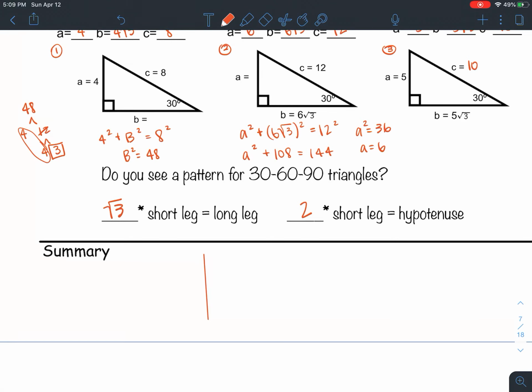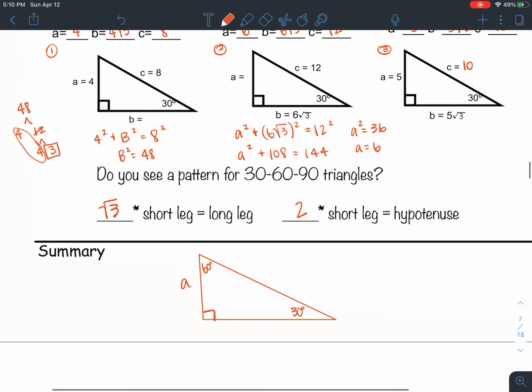Now, whenever we draw this one out, I'm going to go ahead and label my 30 and 60. We always go back to the short leg. And remember that our shortest side is opposite our smallest angle. So if we run through our list here in reference to A, I'm going to have A here, and A square roots of 3, and my hypotenuse, which should be my long side, is going to